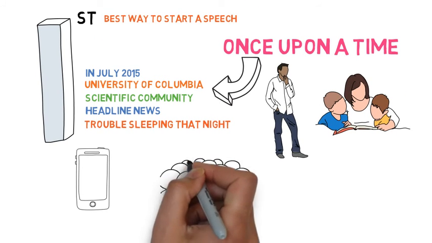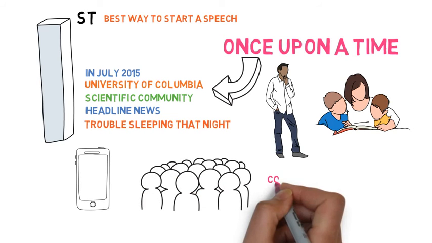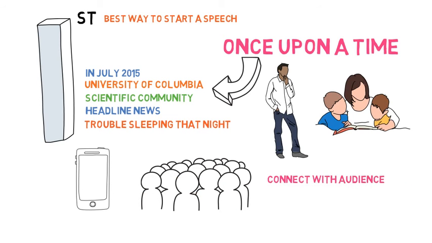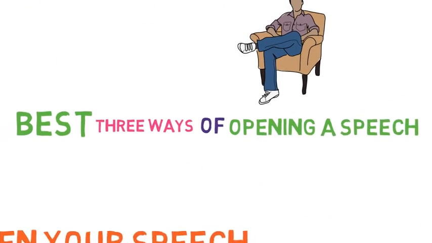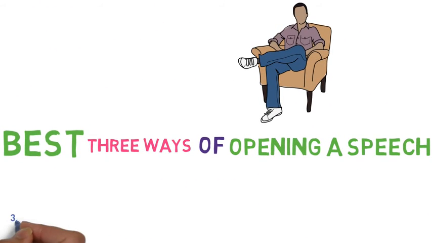Stories have the power to attract people like nothing else. When you start off with a story, your audience will instantly connect with you and pay really close attention. So every time you're making a speech, try to use this. Try to use the first way, simply because that's the most effective way of grasping your audience's attention. So let's have a quick look again at what the 3 best ways are.